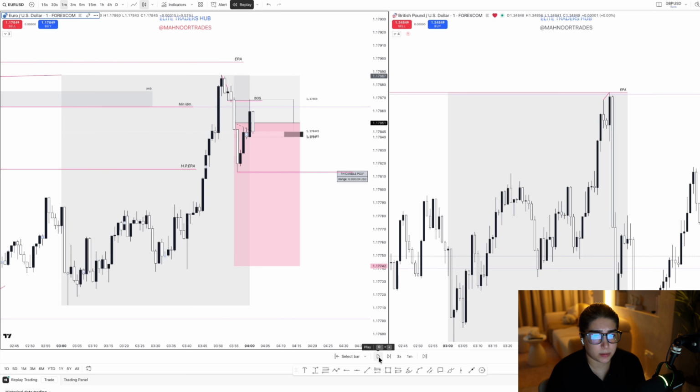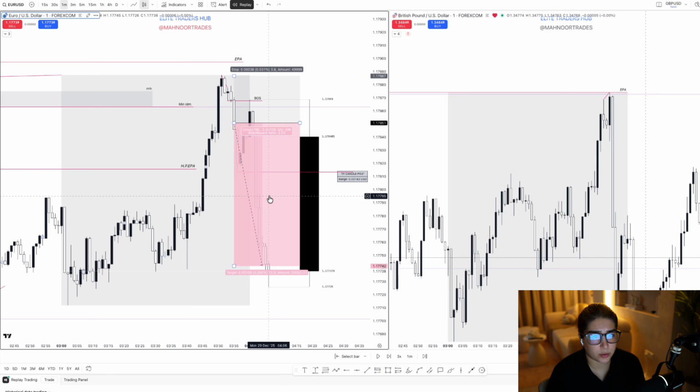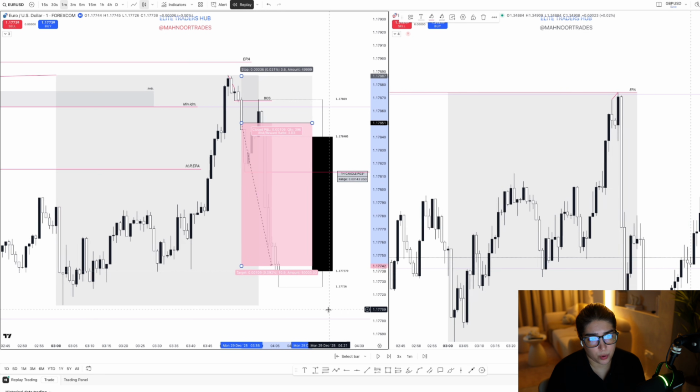Made a bit of a pullback, was in a bit of a drawdown, and then boom, that's it. There, all done. 1 to 3.03 if I'm being precise, but that was the trade that I took on EU